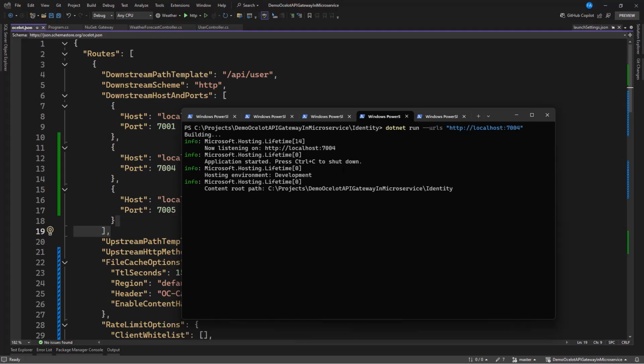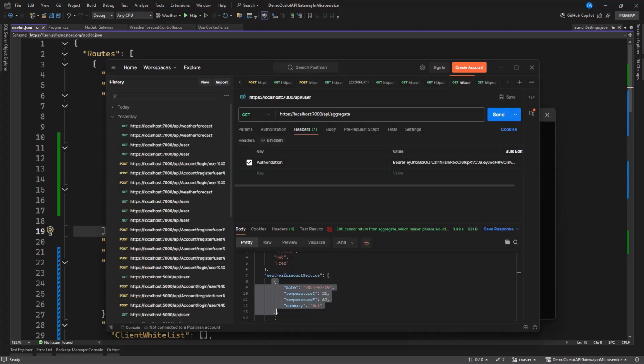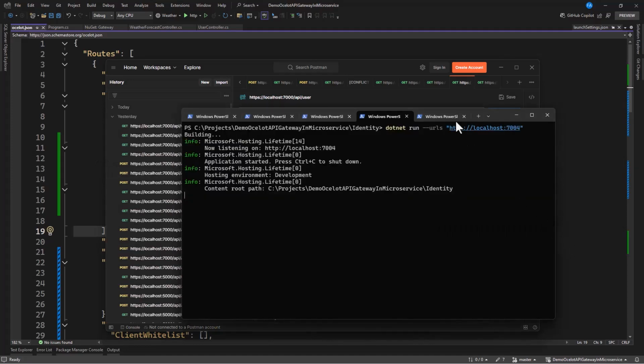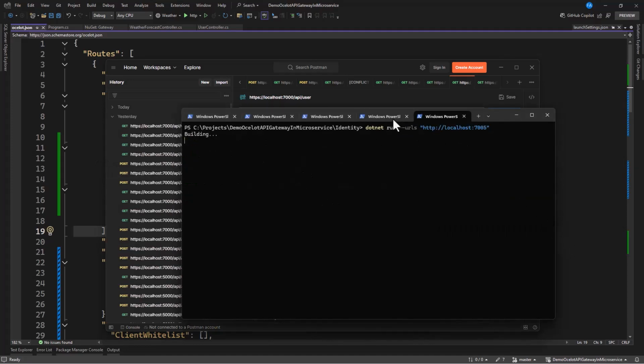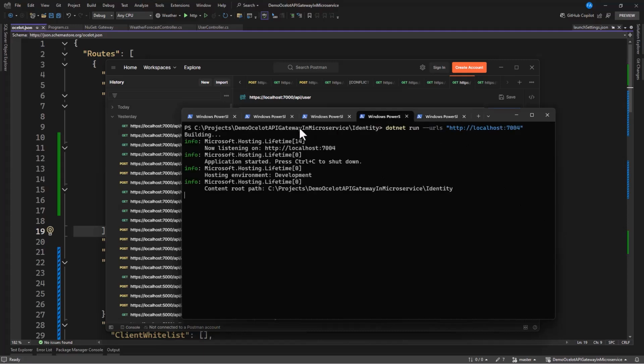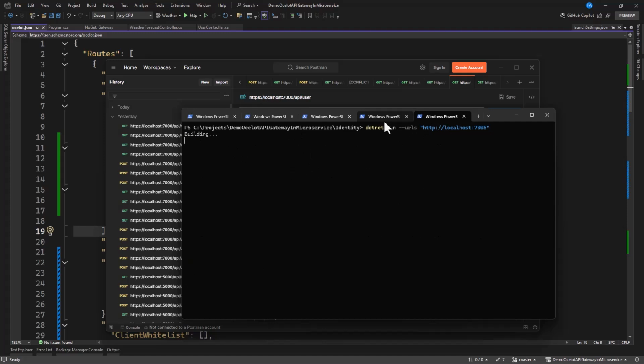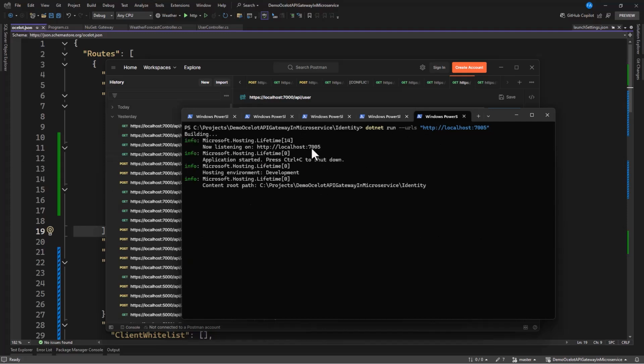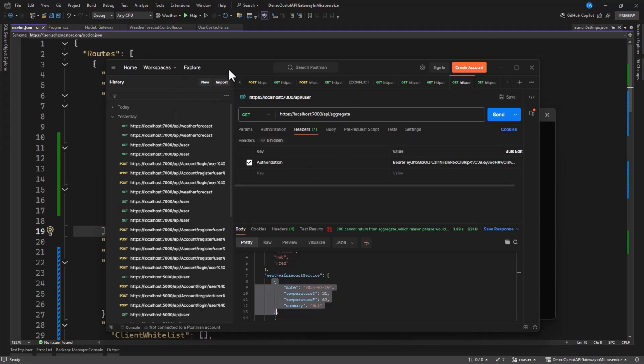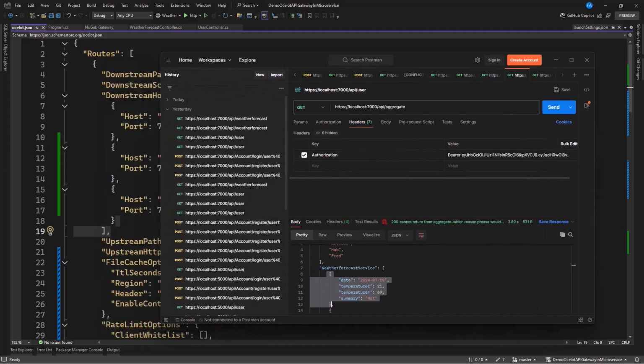Now we can access it straight from here. In order to access it, let's wait for the last one to get run, then we check it out. So we have this ready, this also ready. Now this is not ready yet, so let's wait. This is also ready, 7005. Let's go to our Postman, but before we do that, let's have our console.